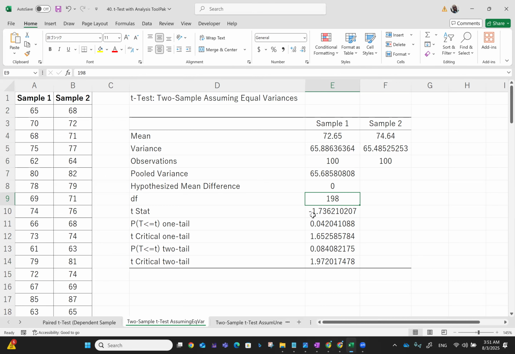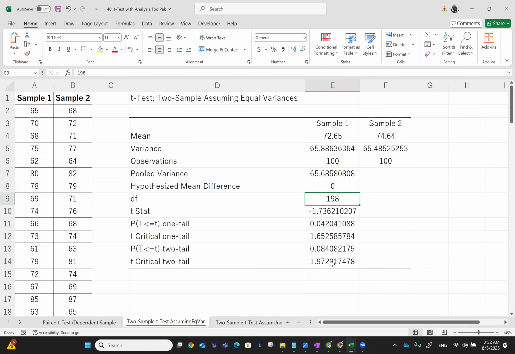So you have the t-test to be minus 1.73. So if the probability for one tail is 0.04, of course, which is still smaller than critical value. For two tail, it's 0.08 something, which is still smaller than the critical value. So in that case, you accept the null hypothesis that there's no significant difference between the mean for these two